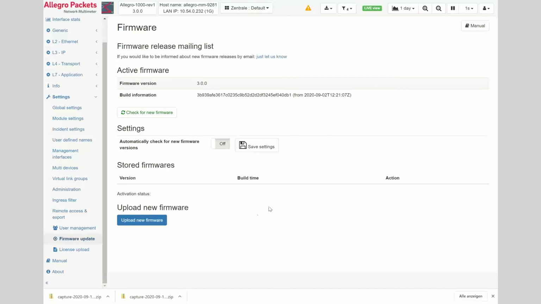We decided to do that here. By default, it is off because the Allegro as a measurement device should generate as little traffic as possible. So right now, if you connect the Allegro, it will ask for a DHCP address. And if it got one on the LAN port, it will ask the NTP server for a date to be always in sync with NTP. That's the only 2 things we do. If you activate that, then of course it will poll our update server automatically.